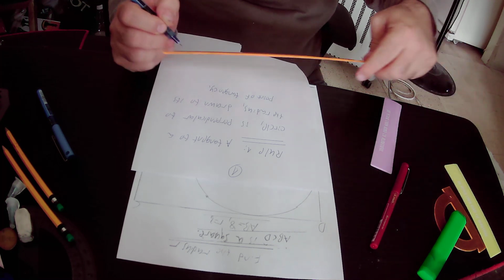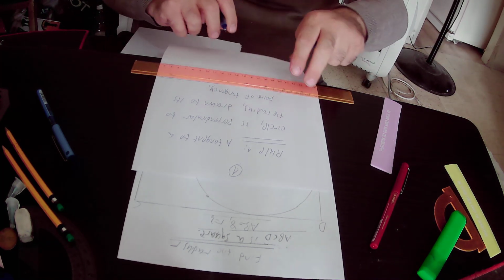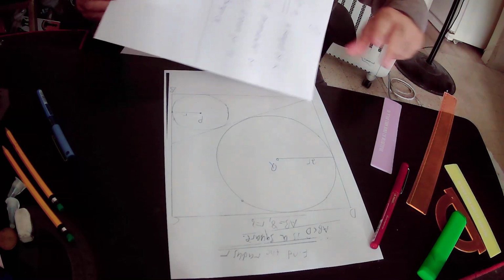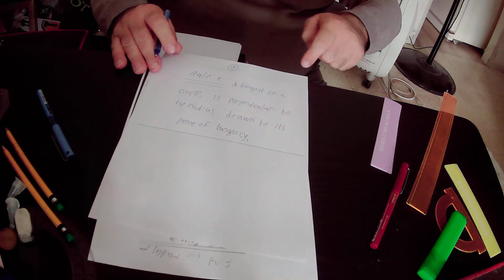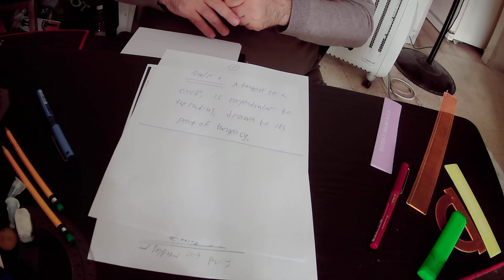So I will read rule number one again. Rule number one states that a tangent to a circle is perpendicular to the radius drawn to its point of